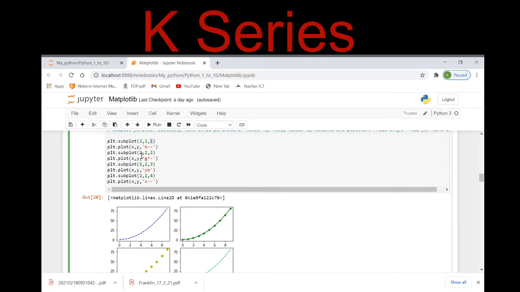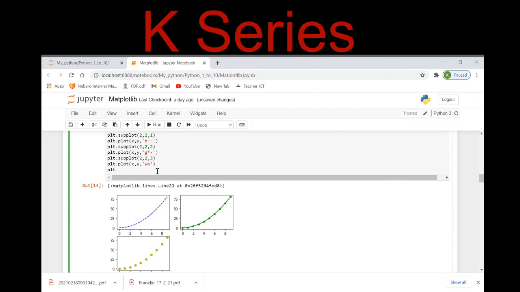In the second subplot, I am giving 2 rows, 2 columns, and this second position. So my third argument says the position, and my first and second arguments in subplot say the number of rows and the number of columns. Here I am giving the color green, and in a similar way I have taken the third position. If I want to plot the subplot at the fourth position also, let me type it, subplot.